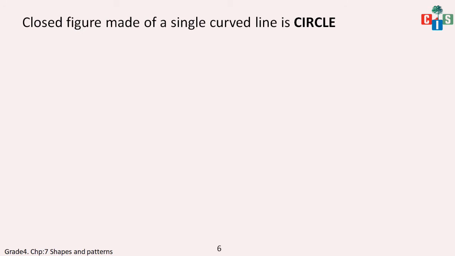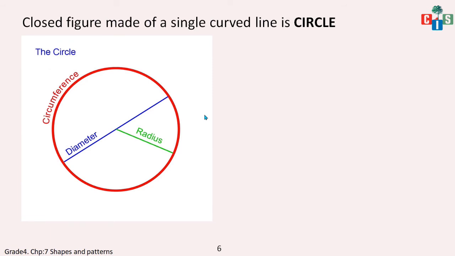Okay, the circle is a very important part. Now what is a circle? A closed figure made up of a single closed line is known as a circle. And in circle we studied some important terms, that is circumference, diameter, radius and the center. Okay, circle has no vertex. Fine. Now what is circumference? Circumference means boundary, this red one, or the border is known as the circumference.